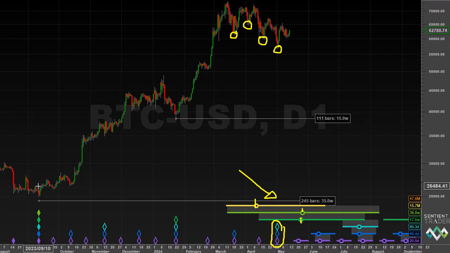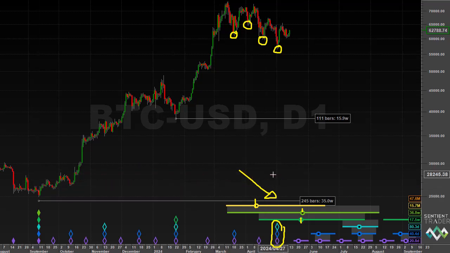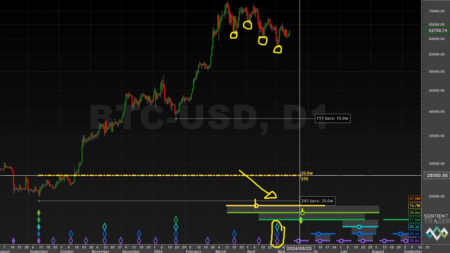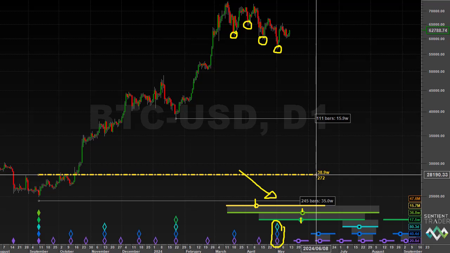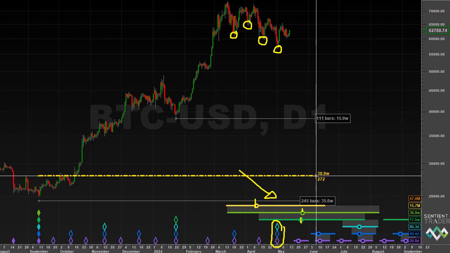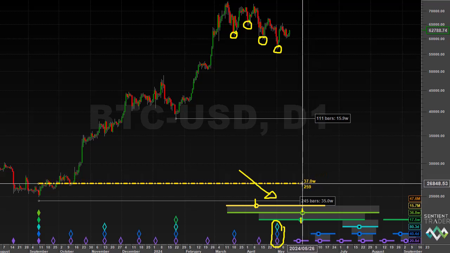So measuring from the trough in September of 2023, that was a trough of 40-week magnitude, finding the position of the next 40-week cycle trough, that is an average length of 272 days, you can see the time that that trough is expected is over here on the 8th of June. Looking at the circle and whiskers for the 40-week cycle, you can see that positions it on the 26th of May. So in other words, the end of May or early June are likely positions for that 40-week cycle trough.